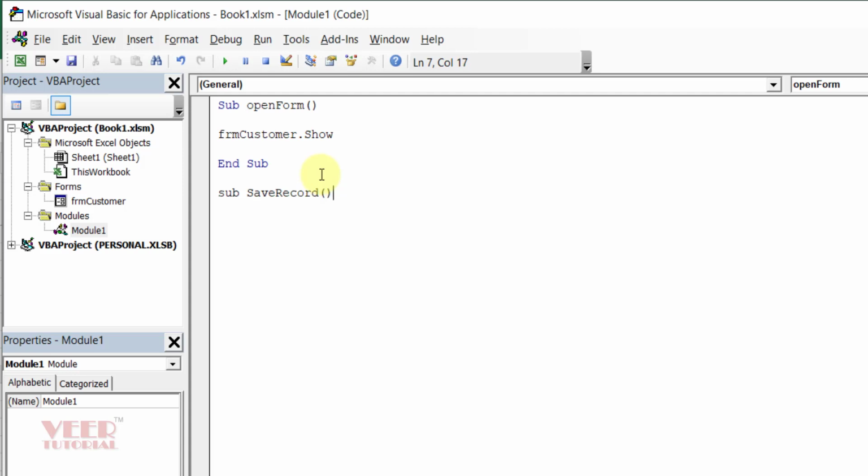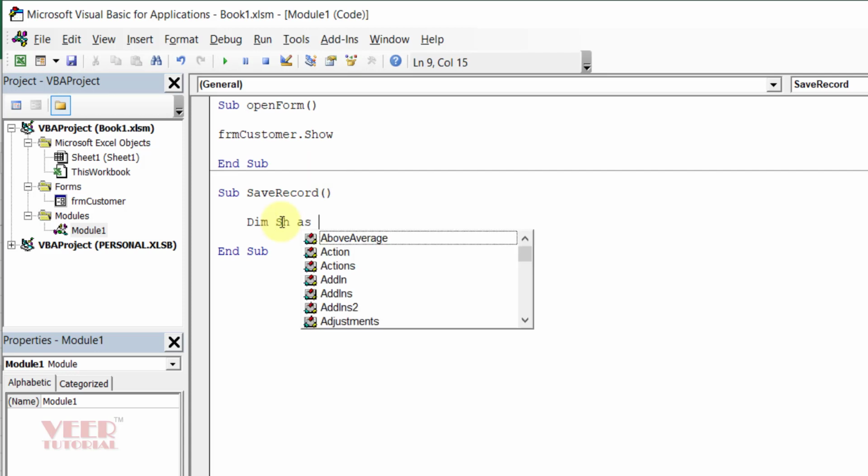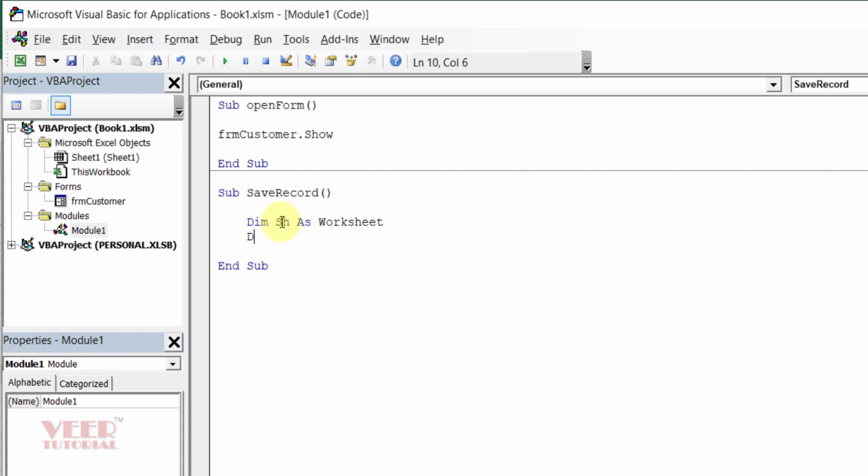This would be the name, and dim sh as worksheet, dim iRow as long, set sh equals to thisworkbook.sheets.